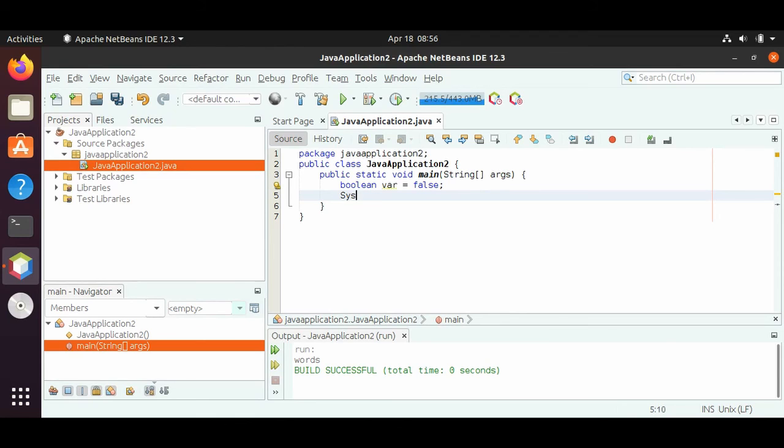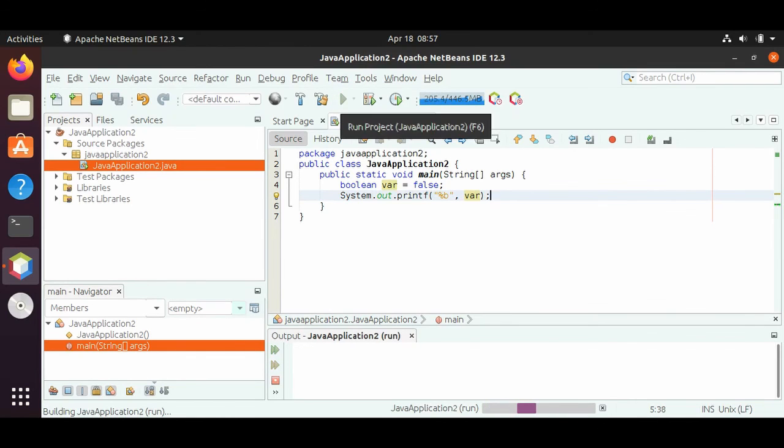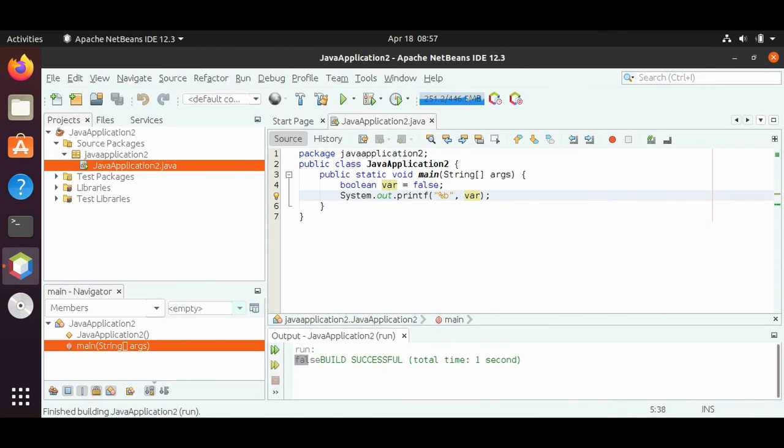And how we print this out is System.out.printf, and then the format character for Boolean is %b, b for Boolean, and then we can put our variable var, and then we can put our semicolon at the end. So %b is Boolean. It's either false or true. And we will see down here that it says false. But if we set this equal to true up here, true, and let me put a backslash n so we can see it better, we will see that it says